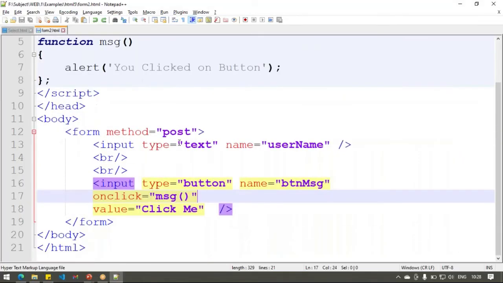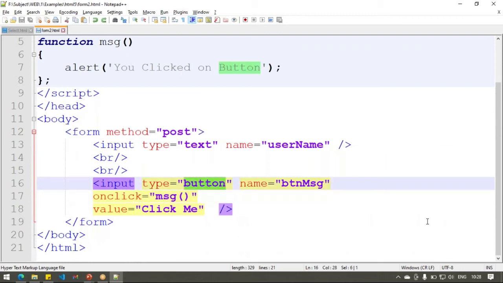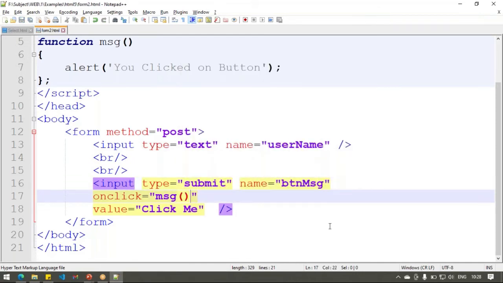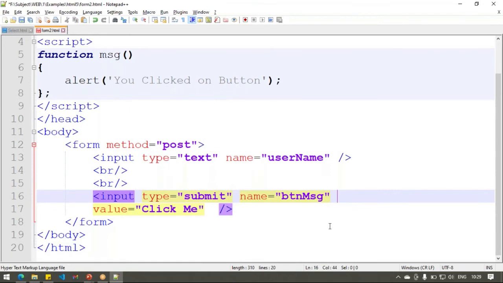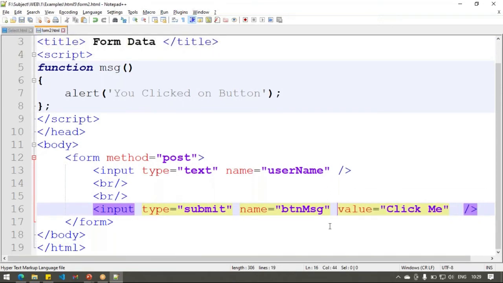Let's jump into the same form. Now the input type is equal to submit. Let's create this from here.